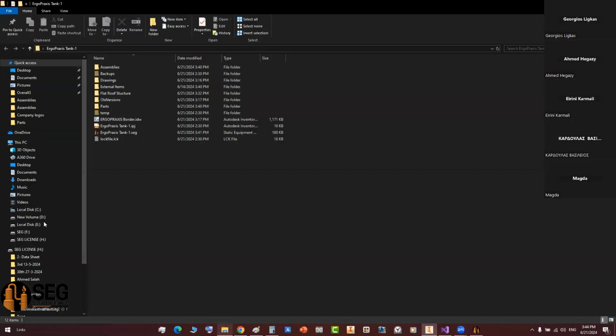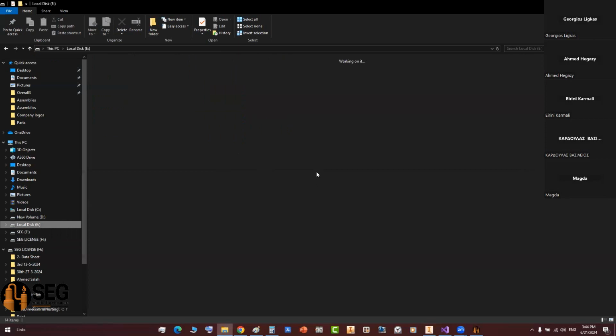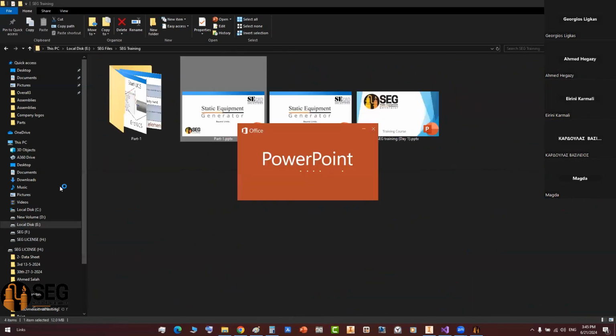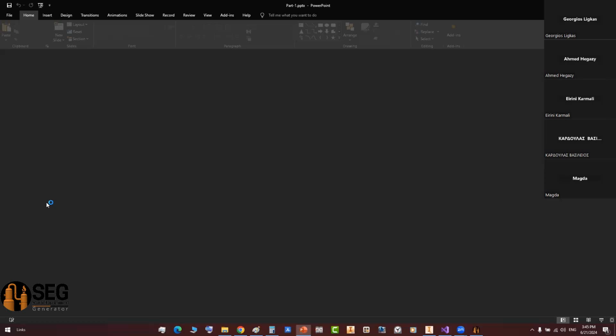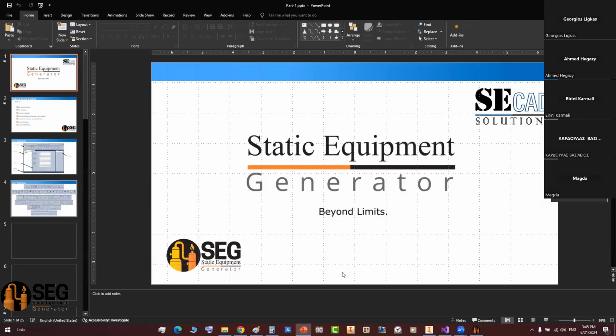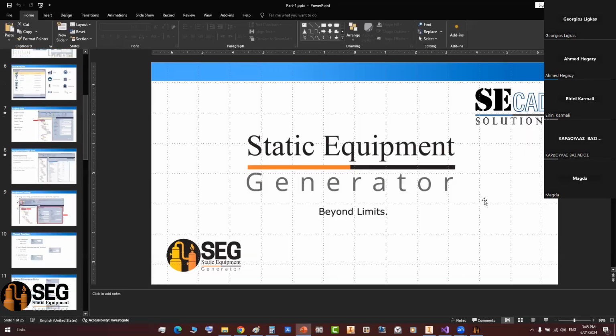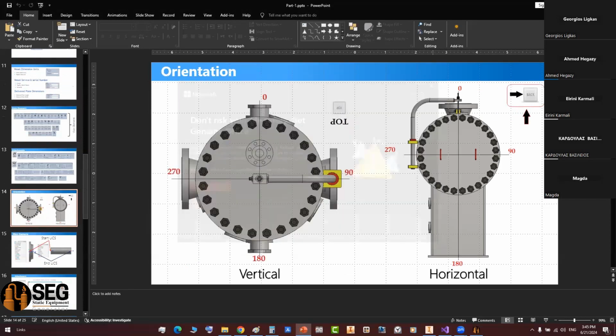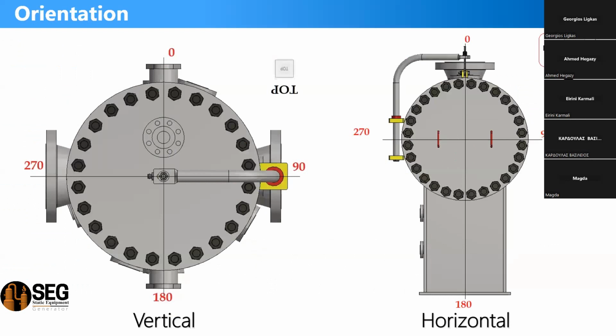I think you will need to understand the correct way of the orientation, which SEG and Autodesk Inventor can do. So from here, let's open this one and come down here to discuss the orientation of the vertical vessels and horizontal vessels. For the vertical vessels,